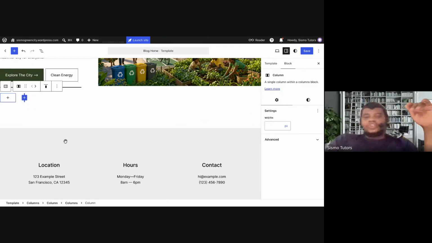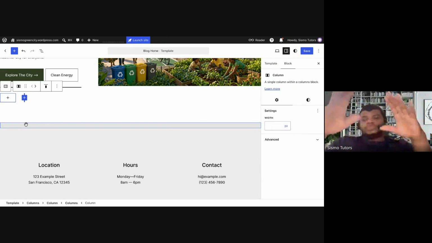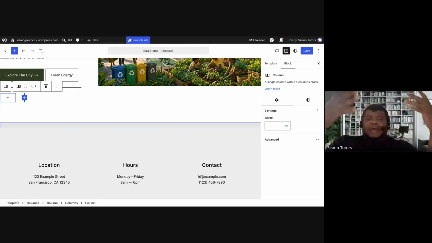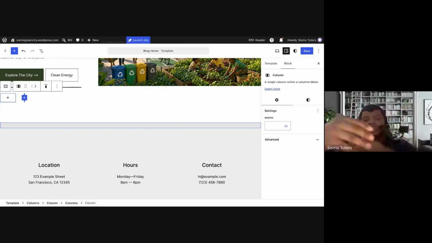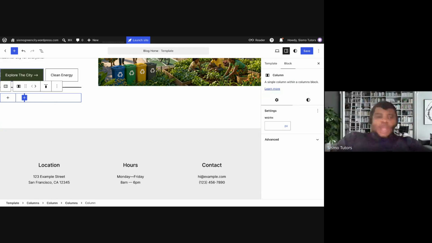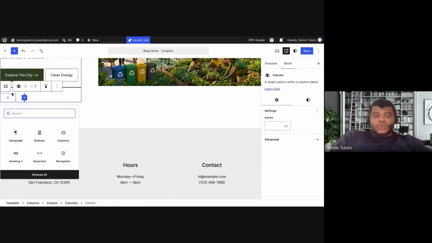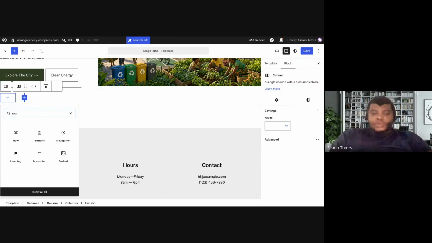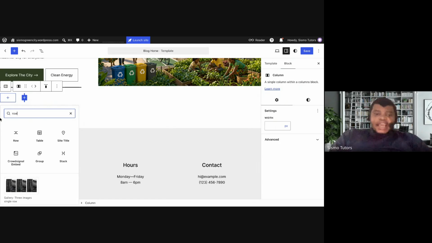So what we are going to do is, within each column, create a row. With these columns now, I'll show you how a row works, because within each column we are going to add a row. The first one: when we click on this plus icon in the first column, we type in ROW. As you can see, there's row, table, site title, and the rest. But row is what we'll be working with. When you click on row,